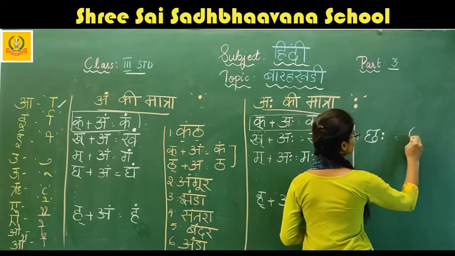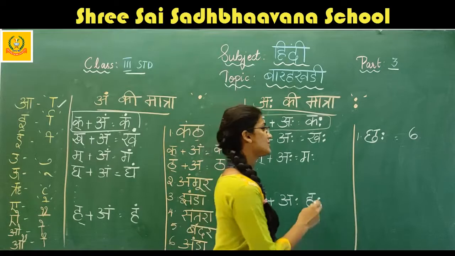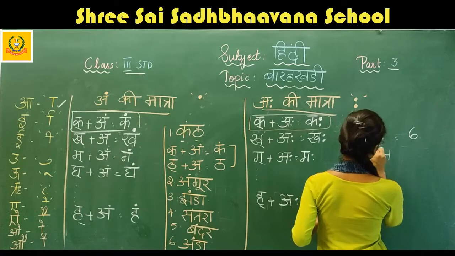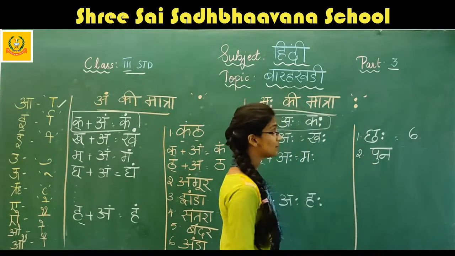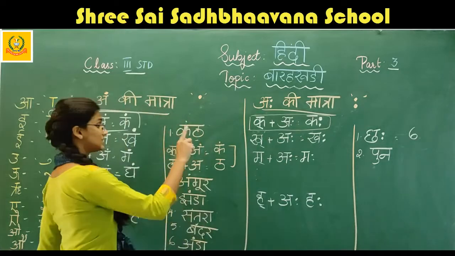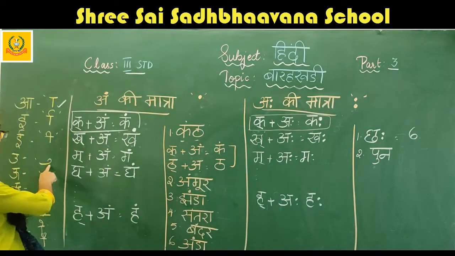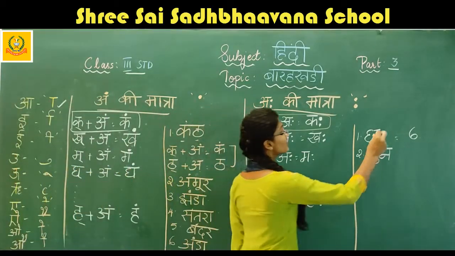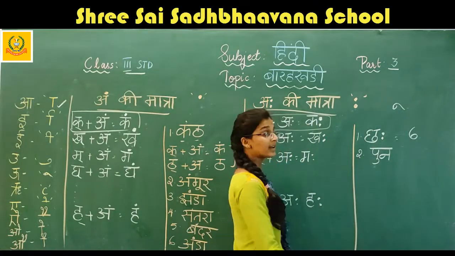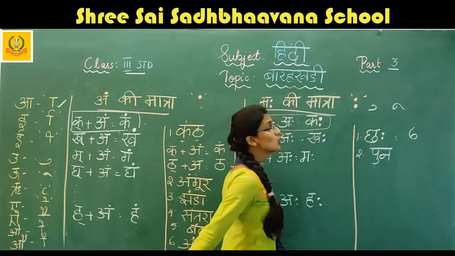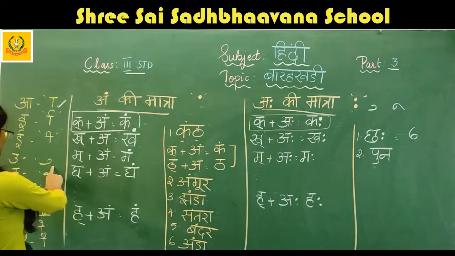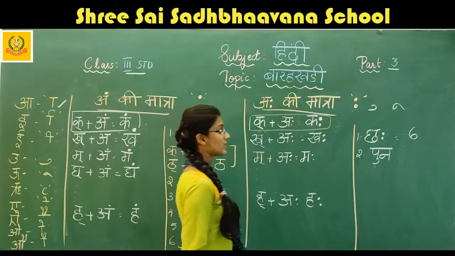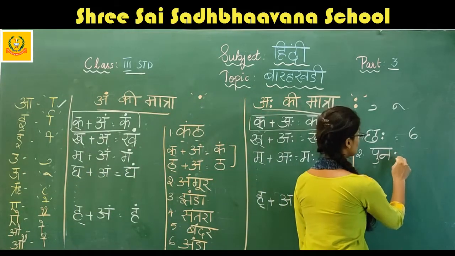Chaha is the first one. Chaha means 6. This I need not explain. It is very easy. Next. Second one, Punaha. First letter is Pa. See the matra? What is it? The curve is this way. Which way? It is U ki matra. If the curve is like this, it is U ki matra. If the curve is like this, it is U ki matra. See here, observe the two. Did you get it? Yes. First one is Chaha. Second one is Punaha.